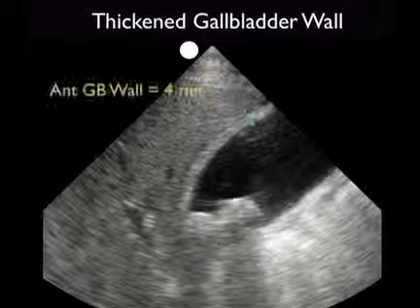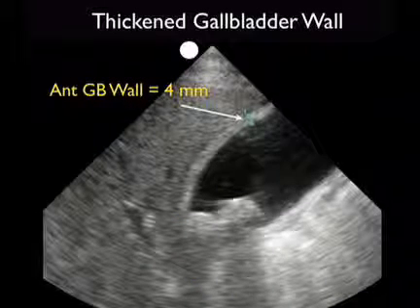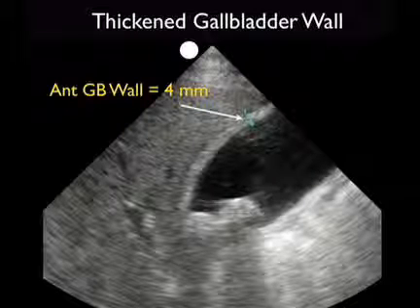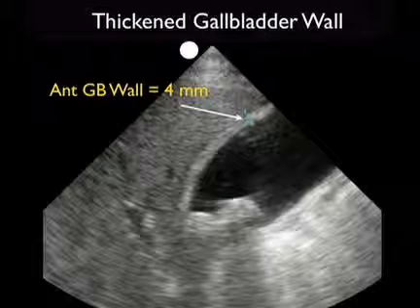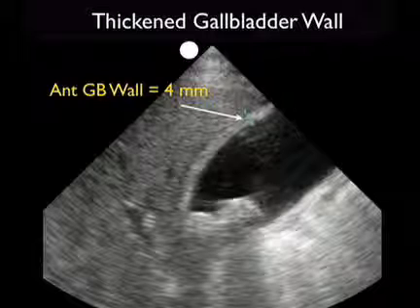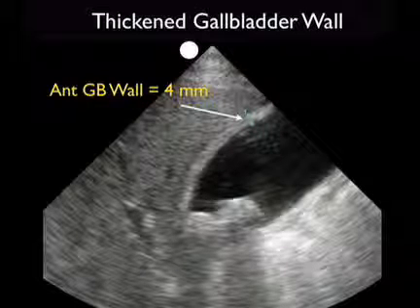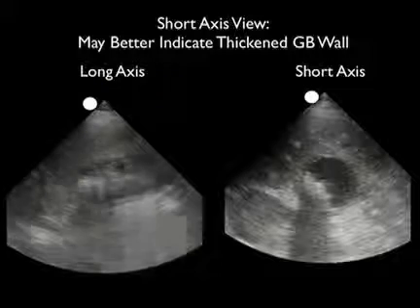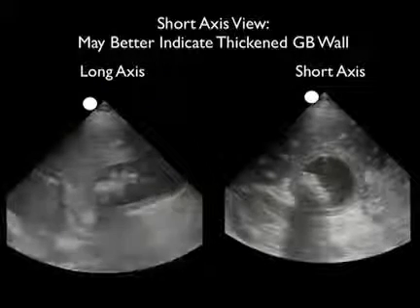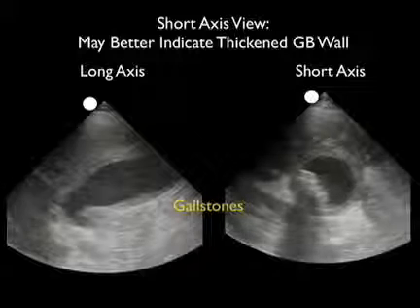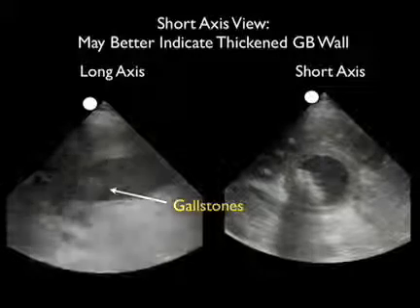Now when I put the calipers down on the anterior gallbladder wall, I get a measurement of 4 millimeters. Most authorities define a thickened gallbladder wall as greater than 3 millimeters. So this meets the definition, and in fact this patient had a fever and a white count indicative of acute cholecystitis. When imaging a gallbladder with possible cholecystitis, it's always good to look in a long axis scan as shown here to the left,